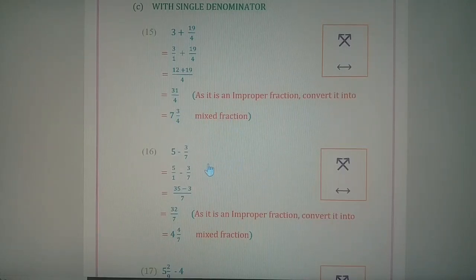We go to the next example where there is subtraction between an integer and a fraction. The integer 5 minus 3 upon 7. 3 upon 7 is a fraction while 5 is an integer. It is not a fraction. But 5 can be written as a fraction by writing 5 upon 1. 5 is a plain integer. It can be converted into a fraction by writing it as 5 upon 1. So 5 upon 1 becomes a fraction and 3 upon 7 is already a fraction.